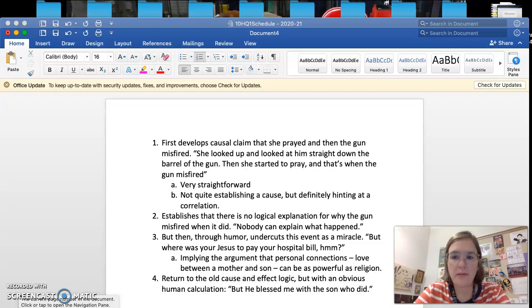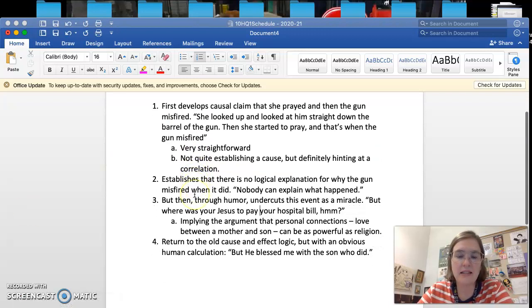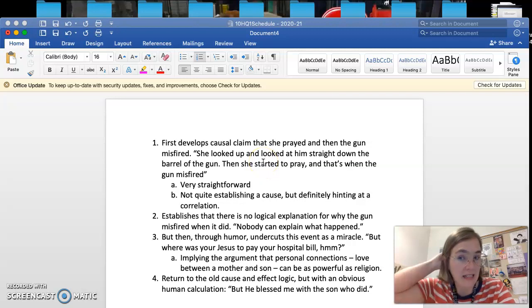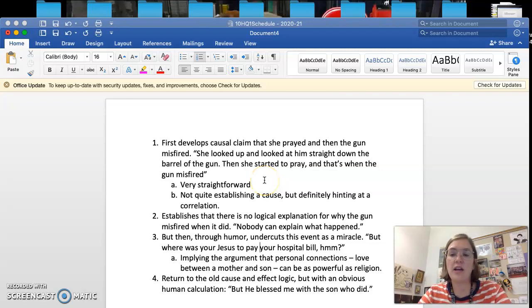Let's talk a little bit about paragraph structure in these essays that you're going to be writing. Here I have set up an outline for a paragraph about logos. What you really need to pay attention to here is the way that I identify not just how he's making claims, but also the evidence that supports my argument.